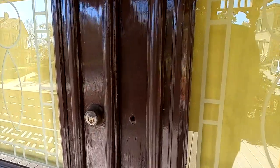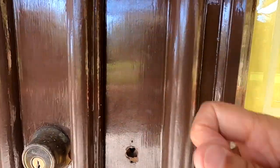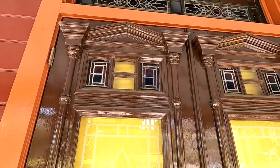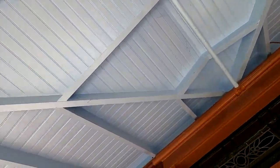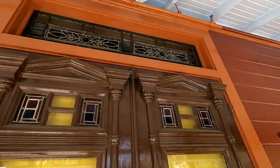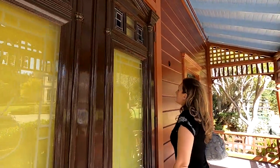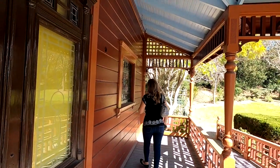Oh, they took the whole doorknob off. I just want to see the hardware. Hello? Cute little scallops. So much detail. I love it. I know, these doors are kind of spectacular. And then, like you said, the contrast in the paint there. If something's going to be haunted, it's going to be these places. Just because it's so old and...